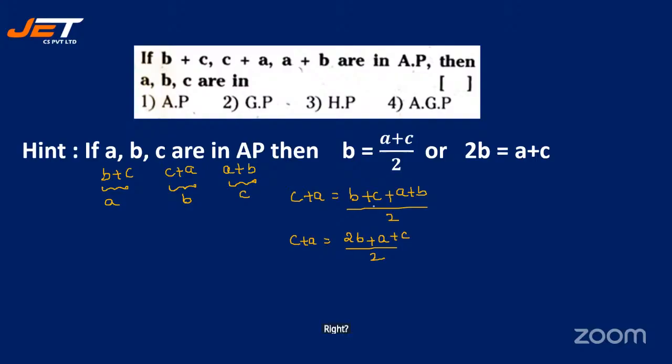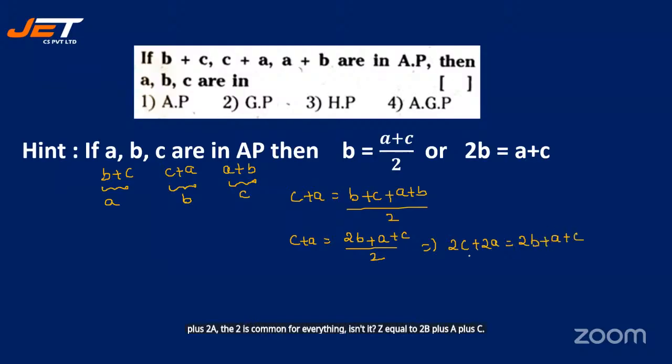Yes. B plus C plus A plus B. Isn't it? Yeah. B plus C plus A plus B. So it is 2B plus A plus C. Right. Perfect. Now see here. We just have to take your 2 to that side. So 2C plus 2A. The 2 is common for everything. Isn't it? Is equal to 2B plus A plus C. Right? So now you have